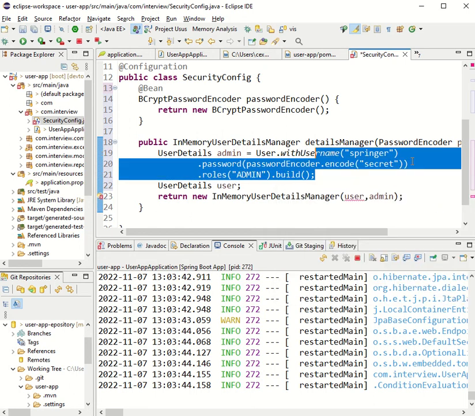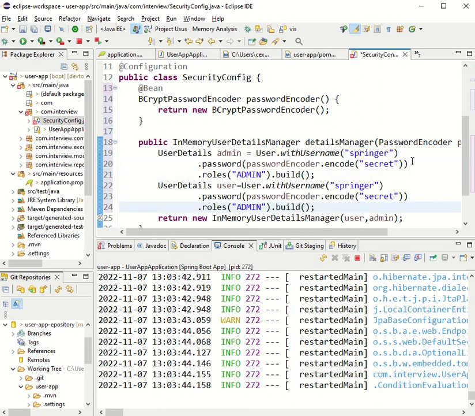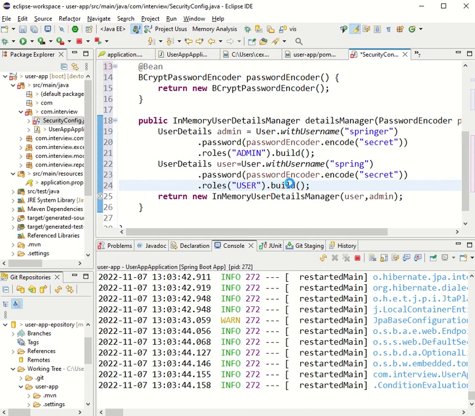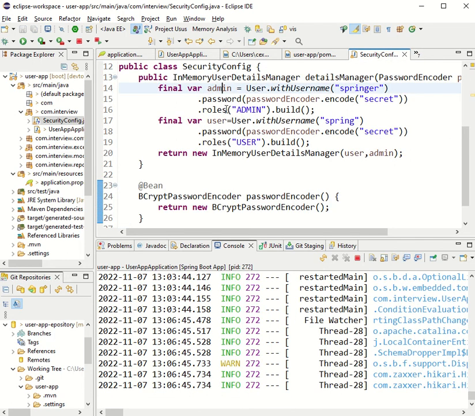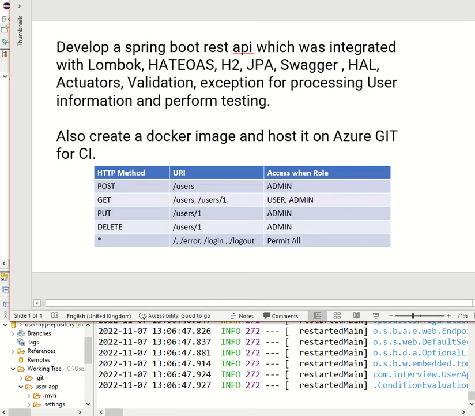And I want to build this user. Likewise, I want to build one more user, Spring, and the role that he has is admin. So we have created two users in the in-memory database as part of the requirement, a user and an admin, and now we have to do the authorization and authentication for the next part,